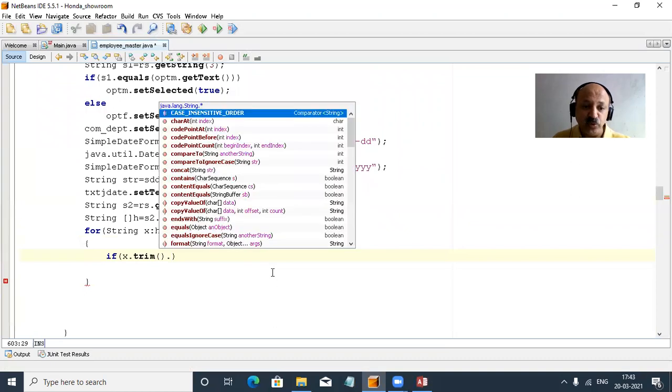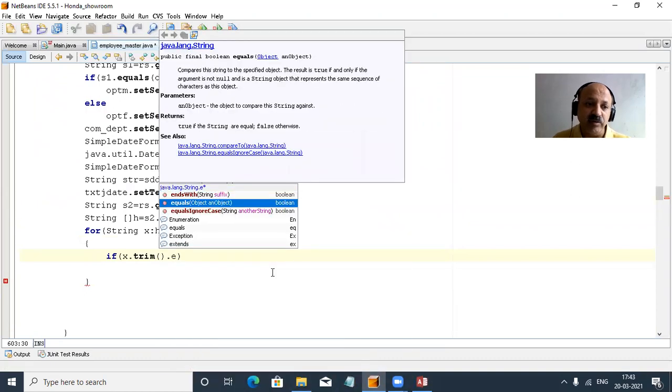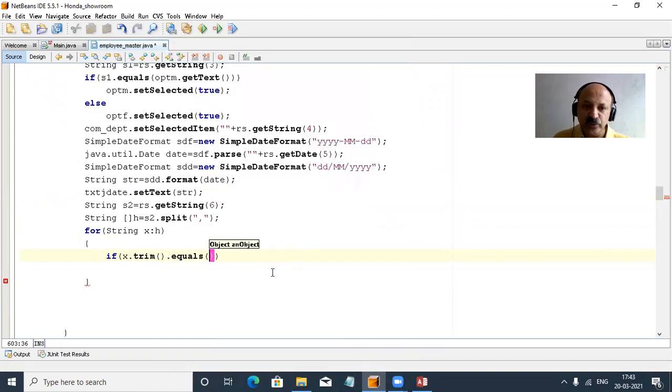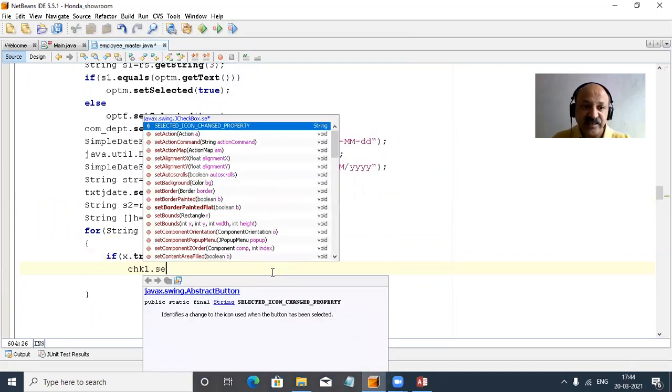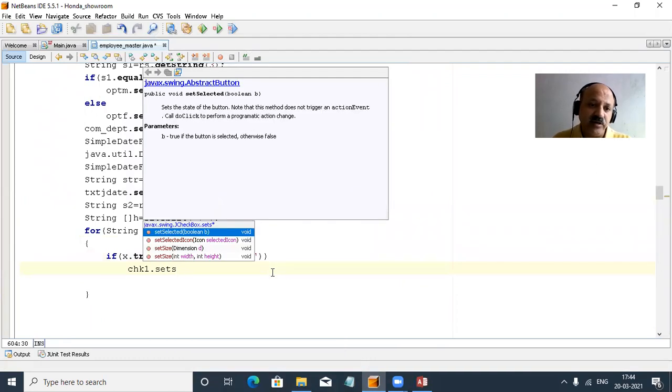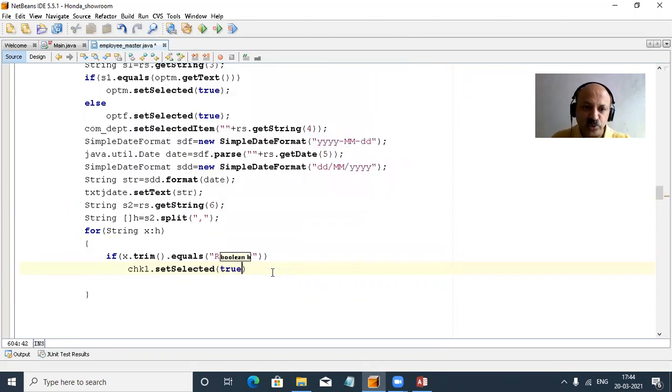So we first remove it and then use the equals method to compare, for example reading, and then chk1, so that our hobby is selected. So that is set selected, like in our radio button, same setSelected, and we pass true.